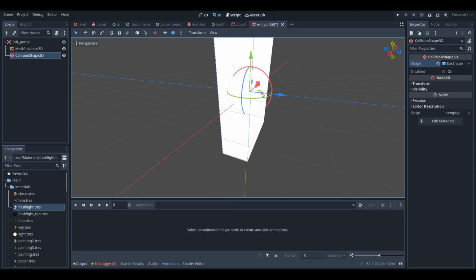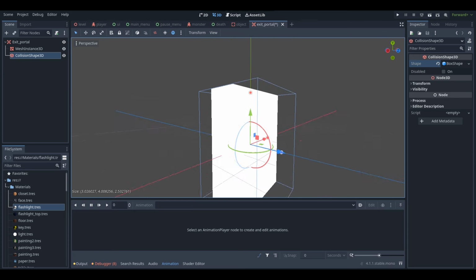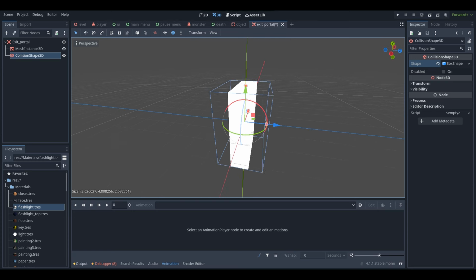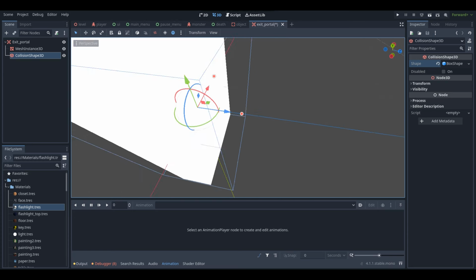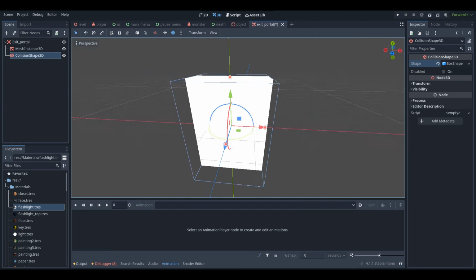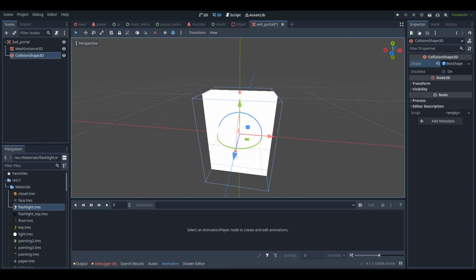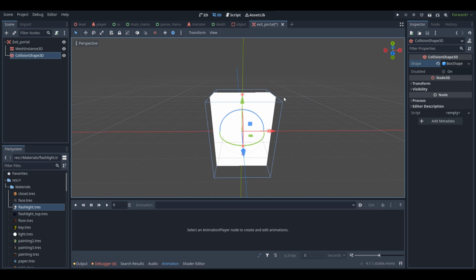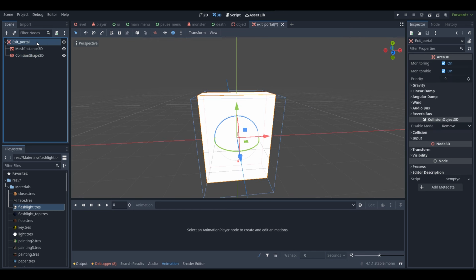Might extend it a bit out in this way, just so there's a bit of room there for when the player runs into the portal. So the collision shape will determine the trigger's size, so when the player runs into the collision shape, that will trigger the player ending the game. So what we're going to do with the exit portal is create a new script,